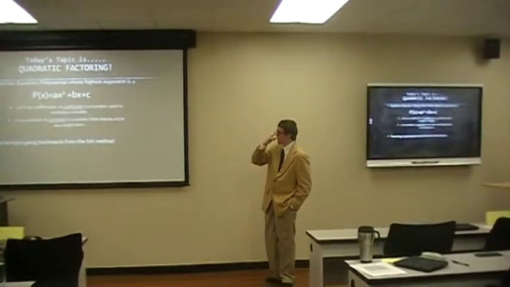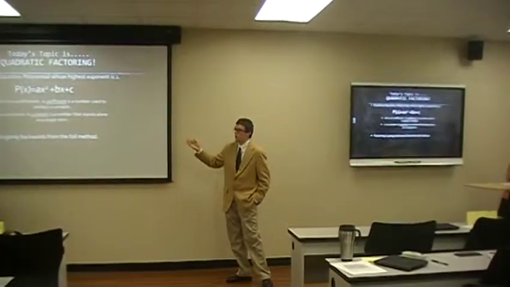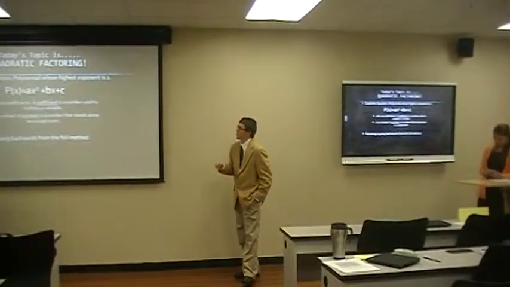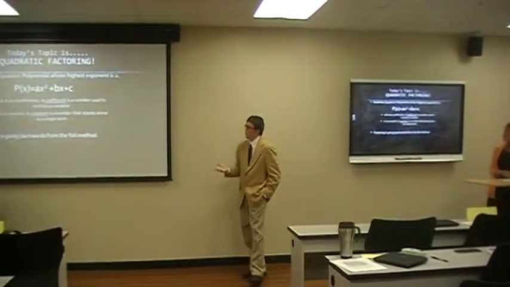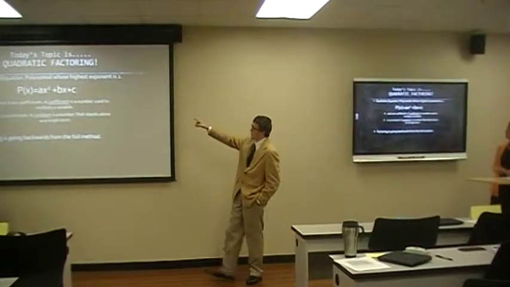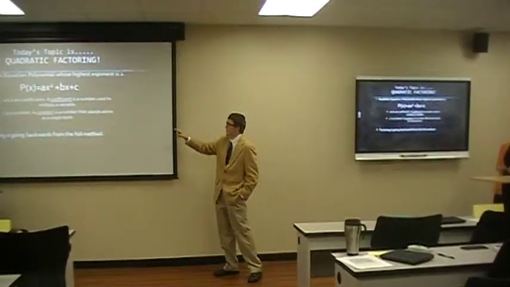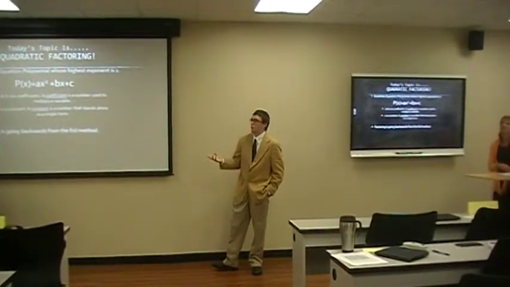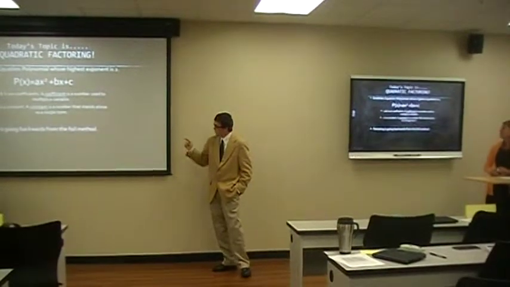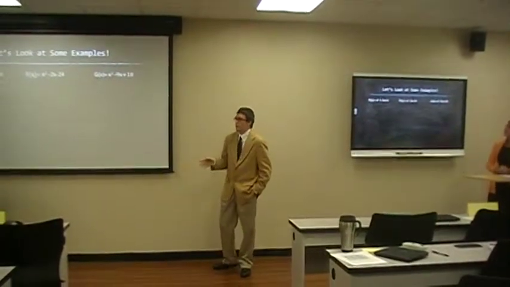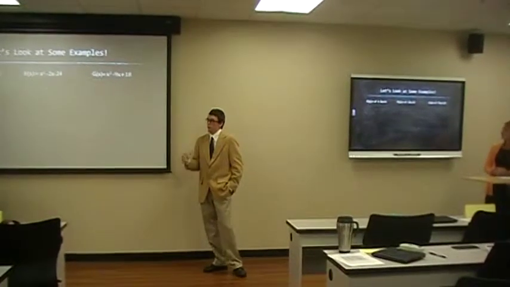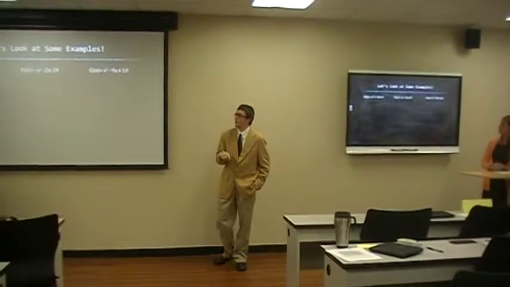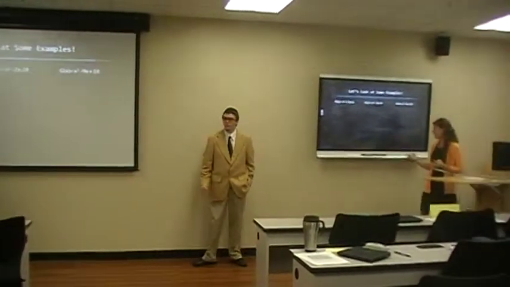Just a few other things that we need to know as we approach the quadratic equations. Both the a and b are coefficients. A coefficient is a number that is used to multiply a variable, and the letter c represents a constant. A constant is a number that stands alone as a single term. Basically, it's a number without a variable beside it. Factoring is basically the backwards, reverse method of FOIL. So basically, we're taking what we learned with FOIL and we're just reversing it. Okay, so let's try one together.